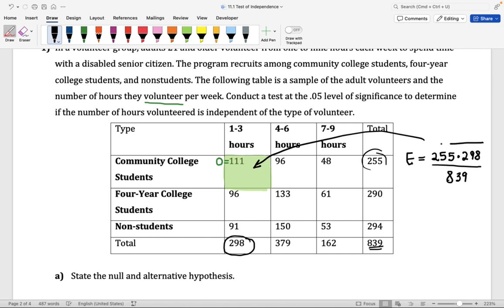And so this here, if you go ahead and enter this on your calculator, this is going to give you the expected value for the first cell. Okay? So again, that is how we're using